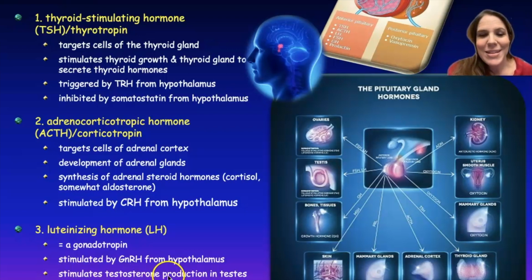If there's testes, if it's a male, it's going to tell the testes to produce the androgen testosterone. And if it's a female, it's going to tell the cells of the ovaries to produce the female hormones, estrogen and progesterone. And we'll be talking more about those hormones in a little bit. But if it's ovaries, it's going to tell it to produce estrogen and progesterone, which is going to stimulate ovulation